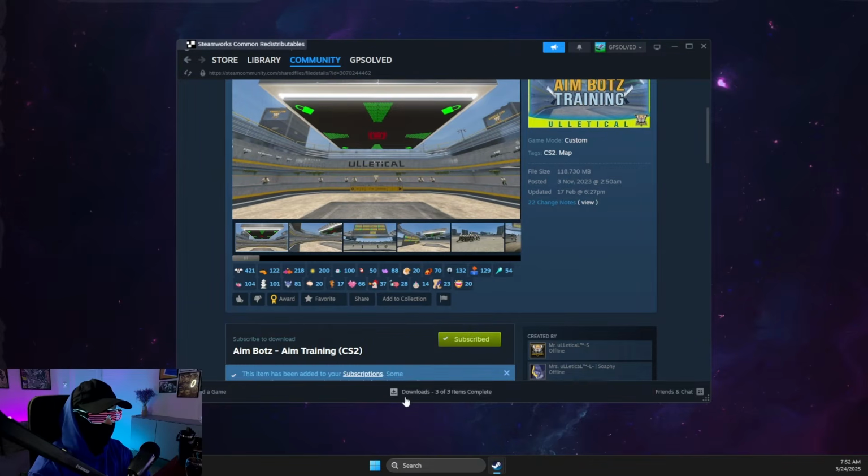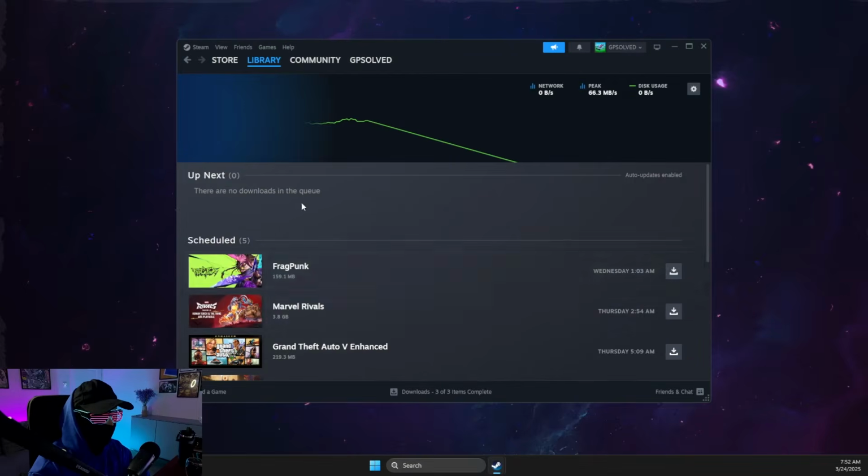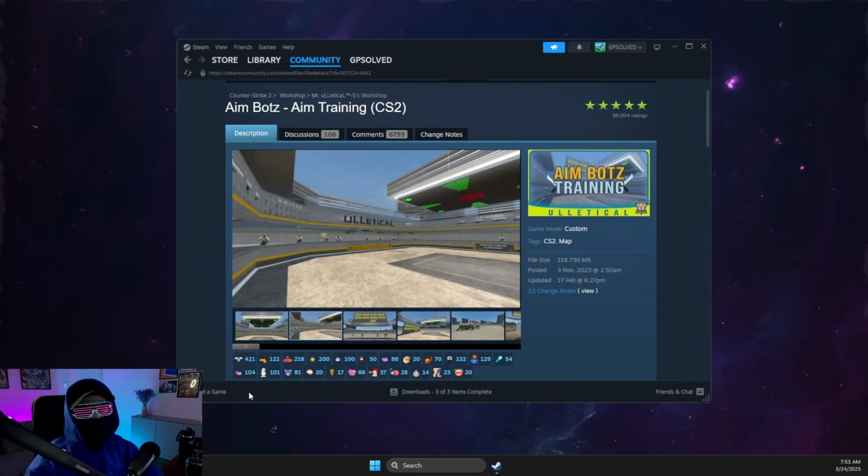And then once it's subscribed, downloads should appear and your map should be downloaded. Then run the game and check whether the problem persists or not. If the problem persists and the map is still not appearing,